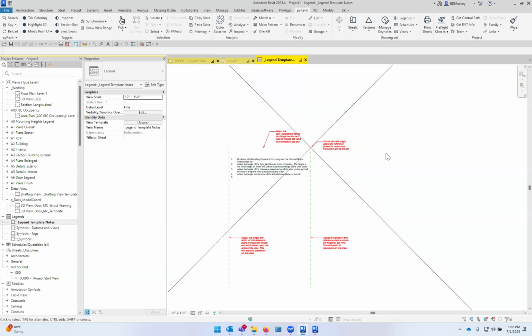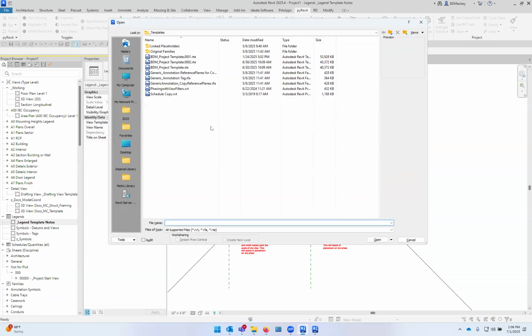I also bring this up because I've been dealing with a lot of client content lately. I went into one structural engineer's template and they had like 5 different architects' title blocks that they work with consistently. Inside of that template, I started editing title blocks. I'm doing everything I can to figure out where rogue stuff is coming from. One of the things I noticed in their template was the title block was not where it should have been. So if I go into the out of the box content,